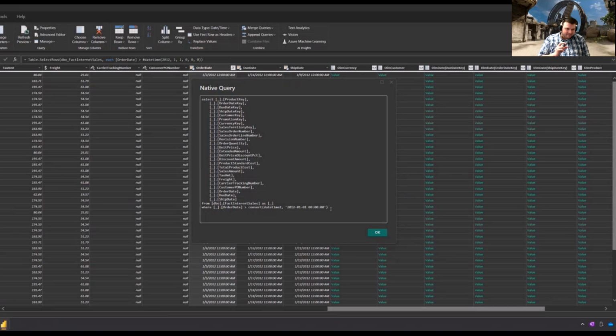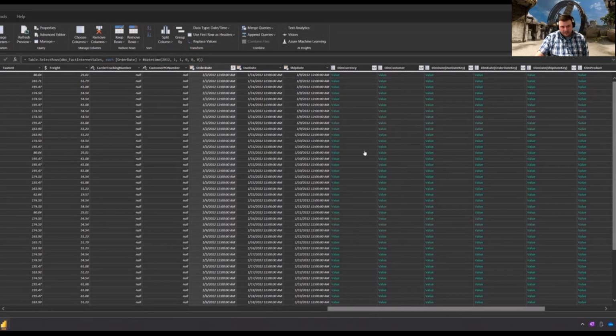It's called query folding when it can do those kind of smart steps like that. If I was, for instance, connecting to CSVs in blob storage, it wouldn't necessarily do that. What would happen is I would bring in all the data and then delete the stuff I didn't need. Whereas here it's smart enough to know, oh, if you don't want anything before 2012, I'll throw a where clause in the SQL query that I'm sending back to the source,